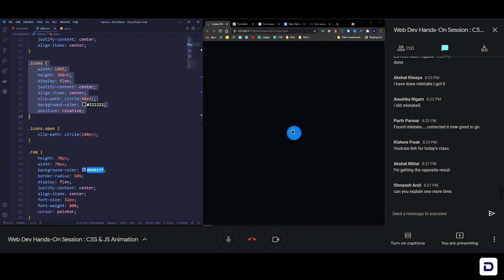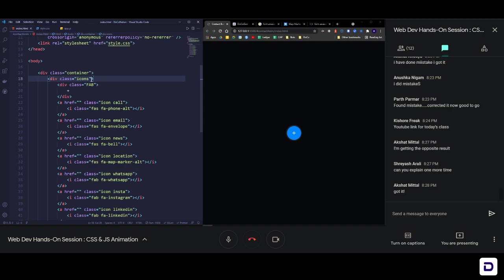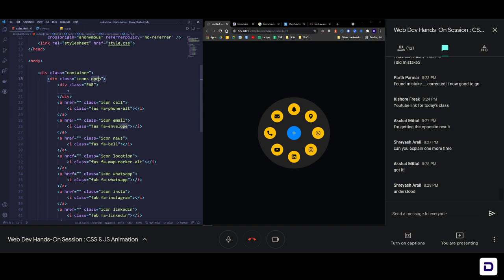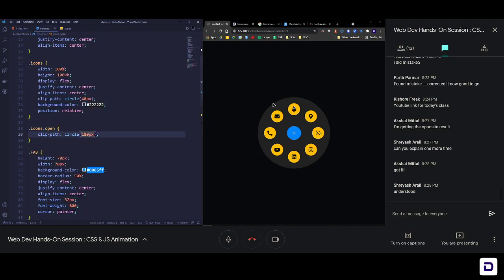That is what is happening. But as you can see that here I have .icons.open. So whenever this particular element also has a class of open alongside it, then what will happen is it is going to apply this style. So I hope that made it clear. Whatever your doubt was in this, that's how it is happening. So this is how you manipulate. If you don't know about dummy classes and animation, then you will find it difficult to understand. But this is what the concept is. So this is how we get this open, and this is how this whole thing opens.